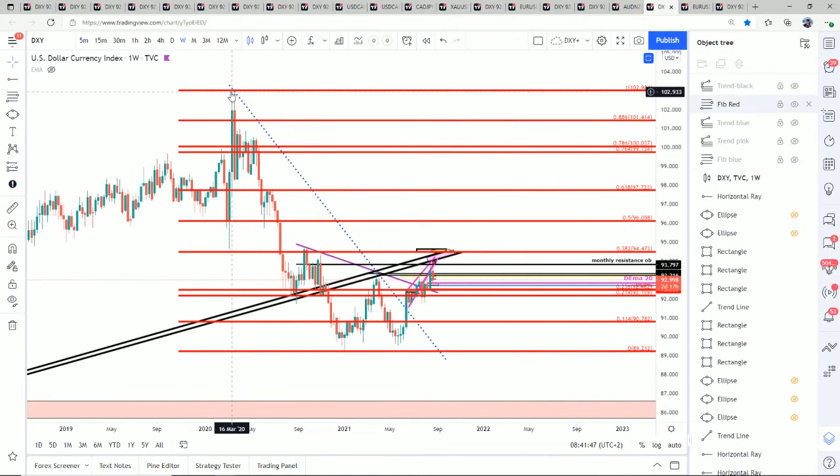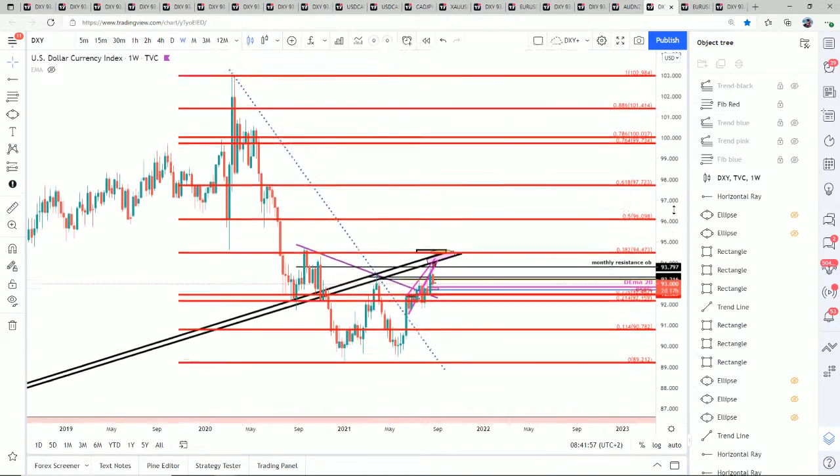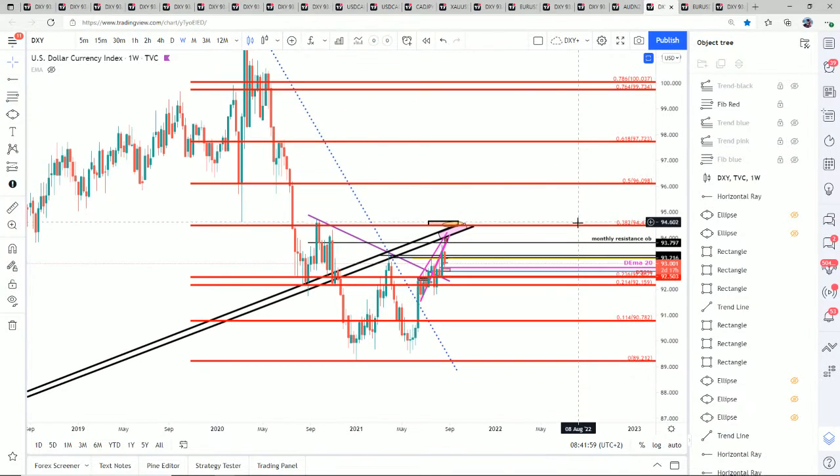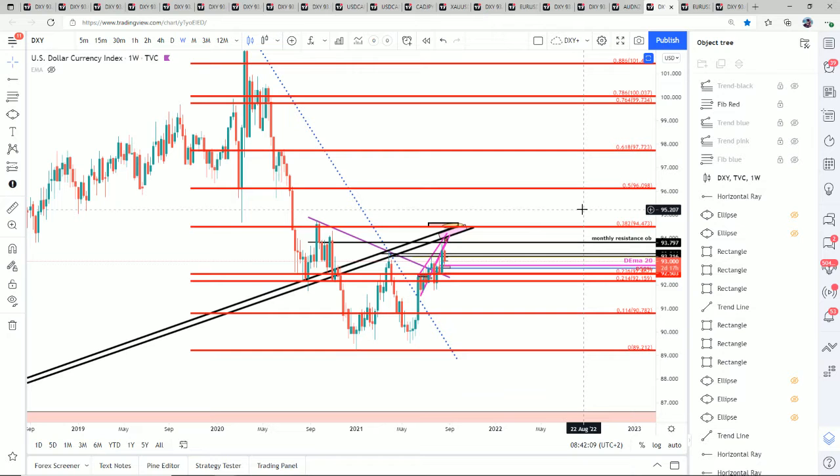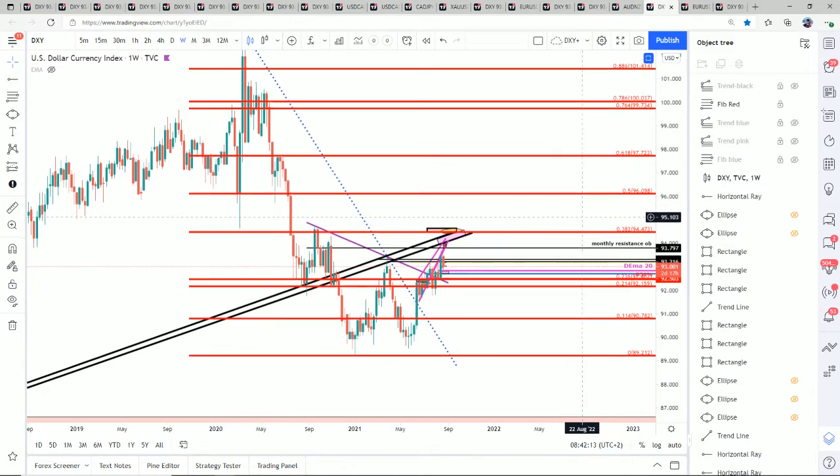So the first fib I have on this chart that you see every day is this red fib that is measuring this move from this bottom to this top. We are targeting the 38.2 fib, and even a little bit higher with some inside fib that are a little bit more precise, I would say. So this is a fib